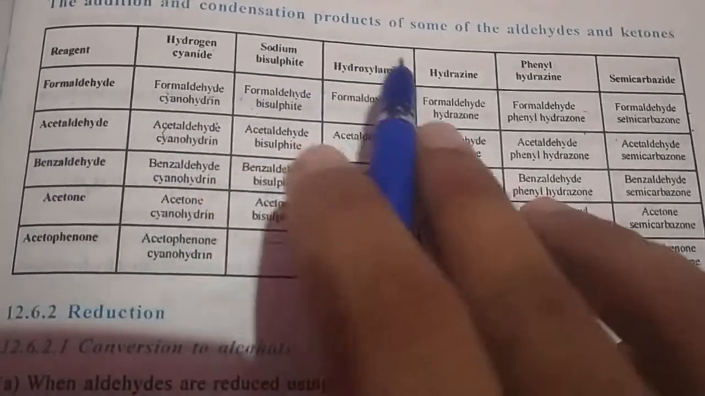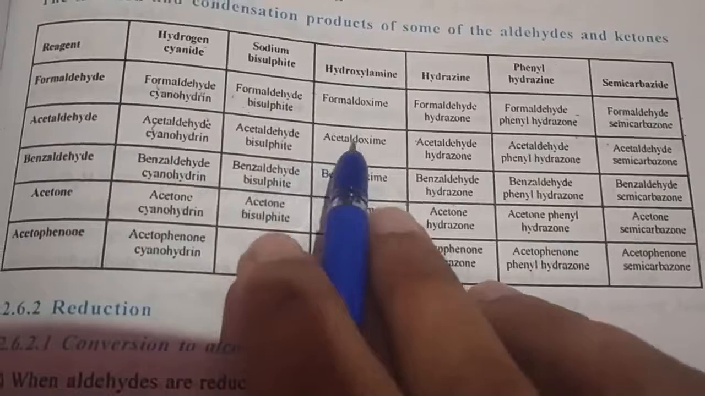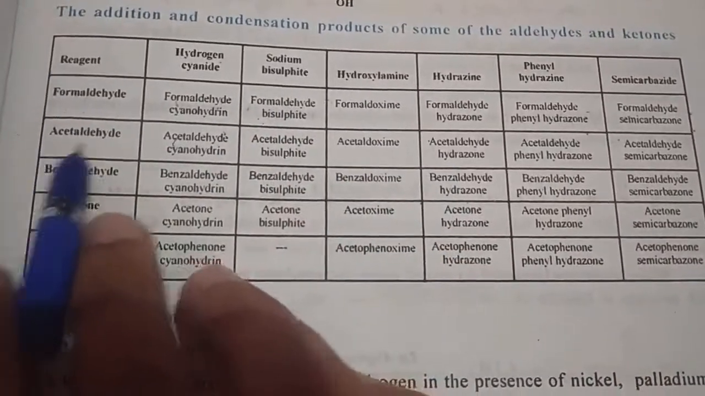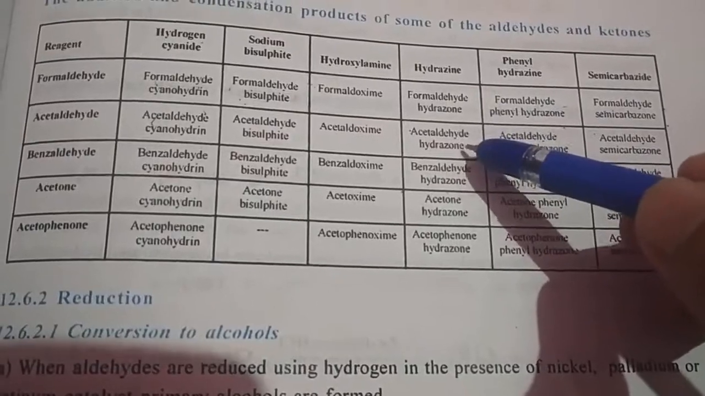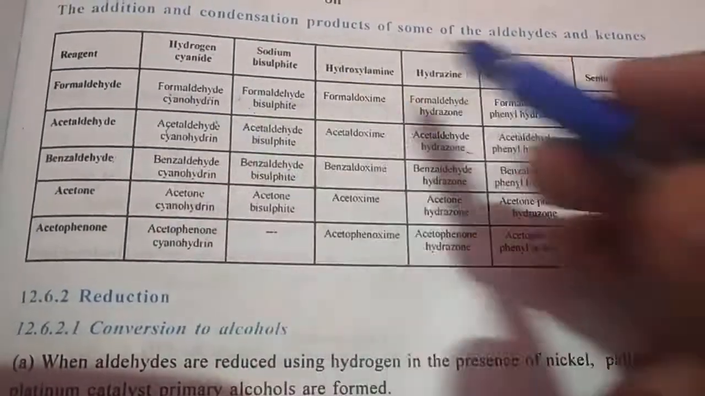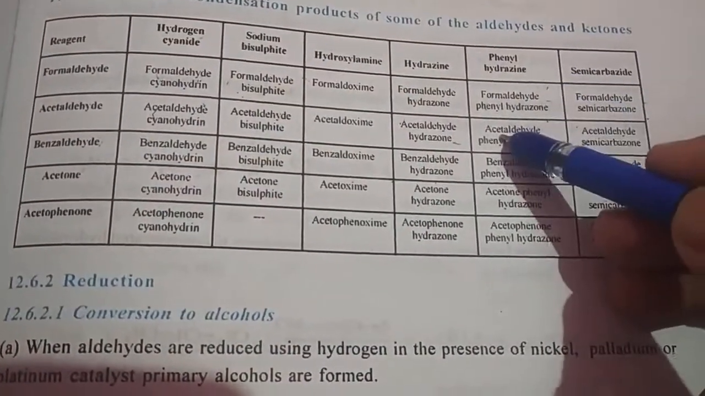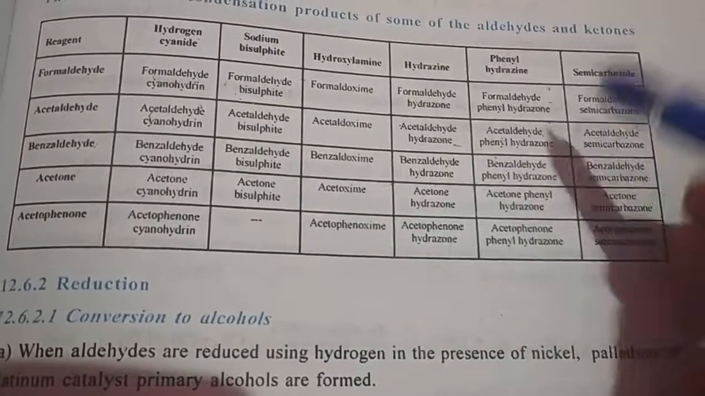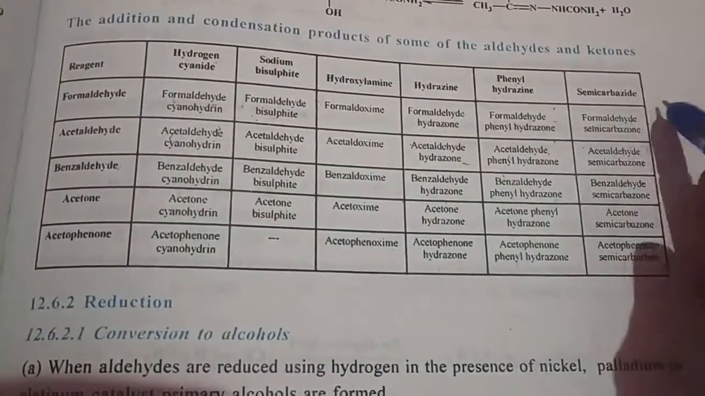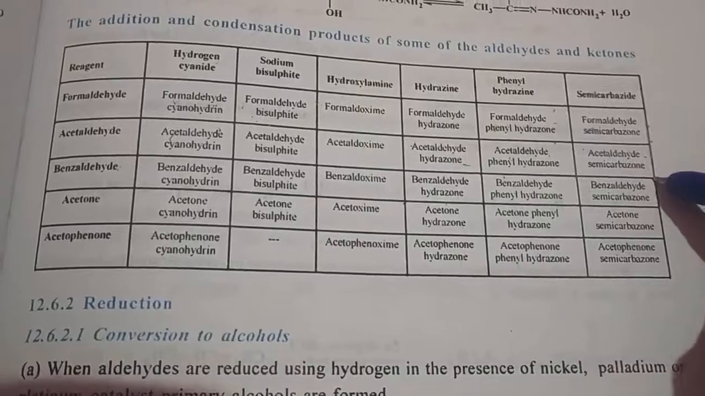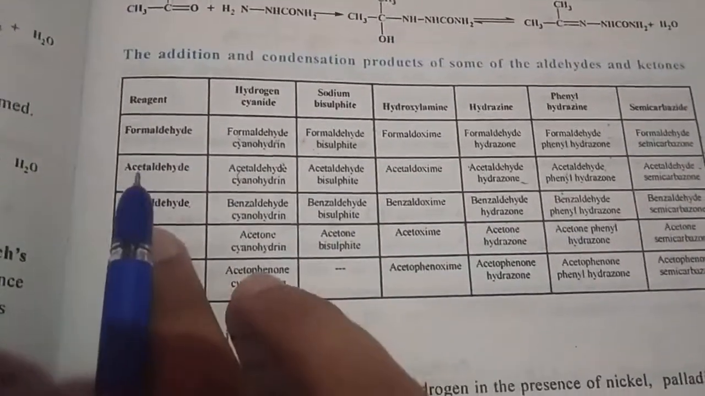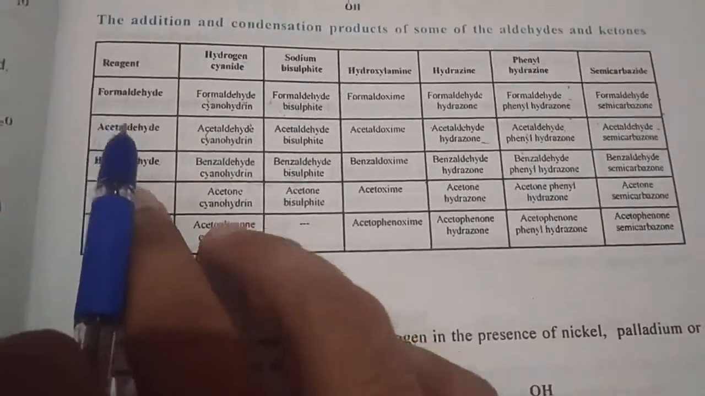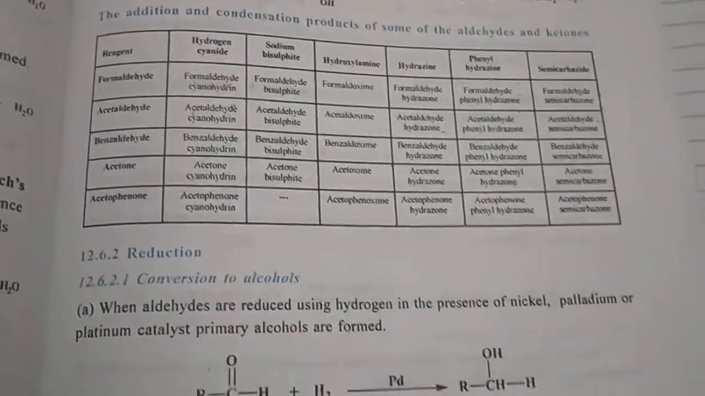Acetaldehyde, when treated with hydroxylamine, we are getting acetaldoxime. Similarly, when acetaldehyde is treated with hydrazine, we are getting acetaldehyde hydrazone. When acetaldehyde is treated with phenylhydrazine, we are getting acetaldehyde phenylhydrazone. When acetaldehyde is treated with semicarbazide, we are getting acetaldehyde semicarbazone. Nothing much difference. Similarly, when you take benzaldehyde, that is C6H5CHO, where your R has been substituted with